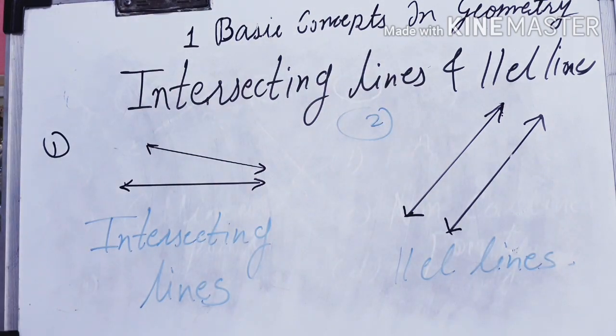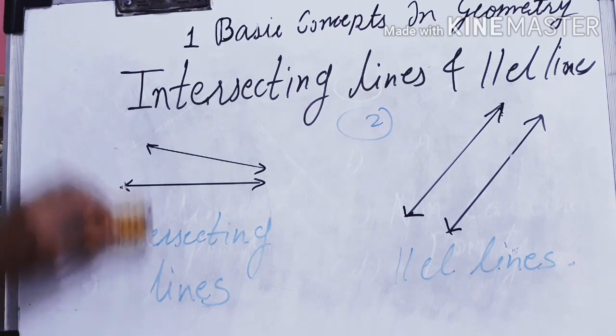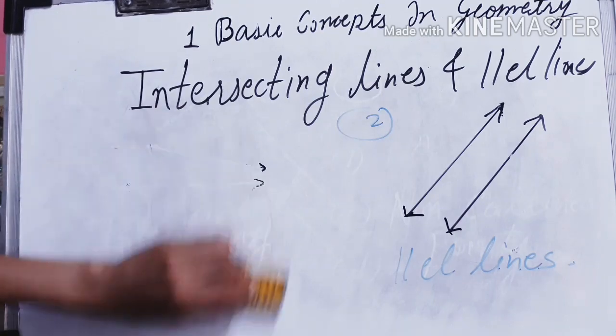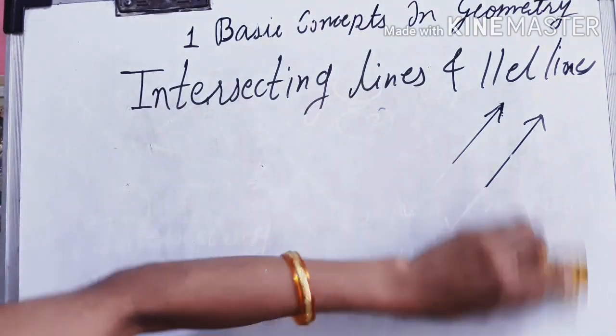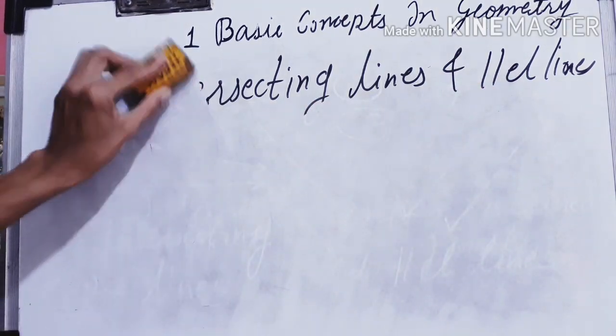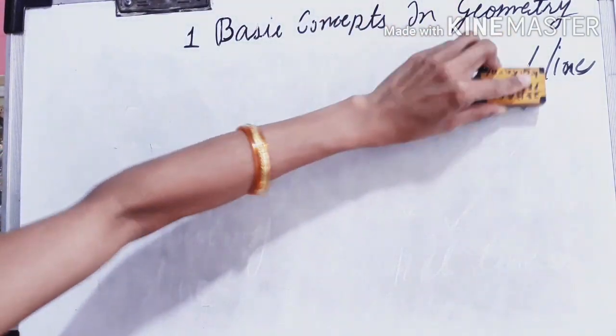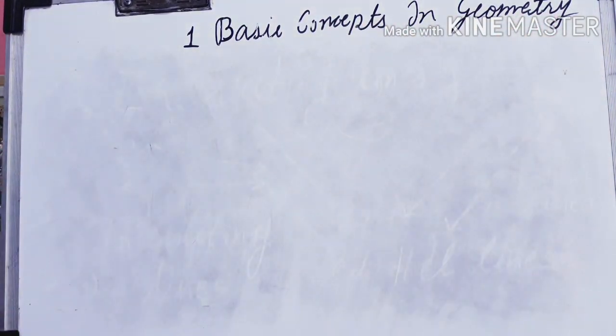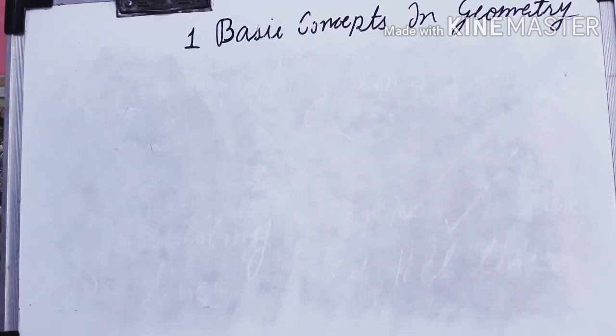Okay, students. So now like this, you can remember the difference between intersecting lines and parallel lines, even collinear points and non-collinear points, and you can identify the different basic geometrical figures, that means point, line segment, line, ray. So till now we have learned so many things. I hope you remember all that, and you have to revise the videos again and again. Then only you can remember each geometrical figure very clearly. Thank you.